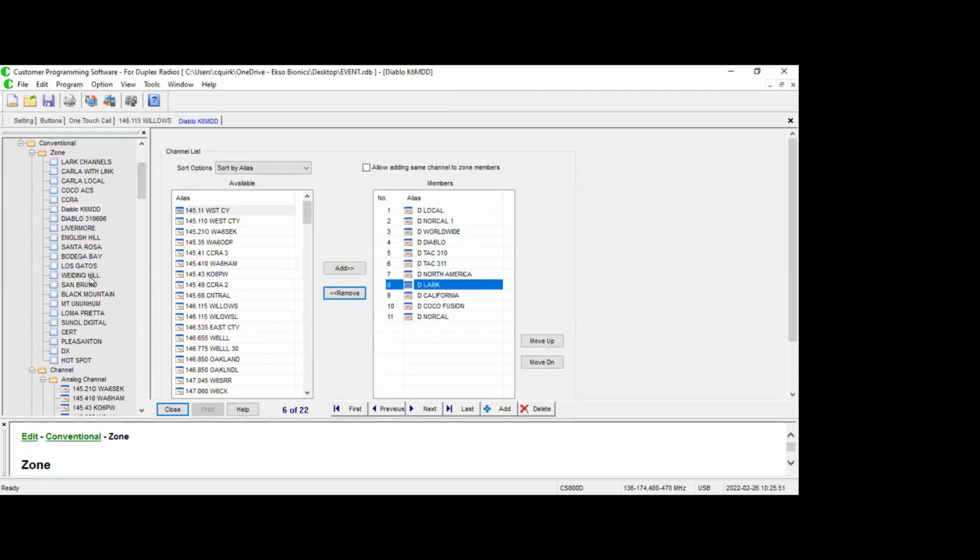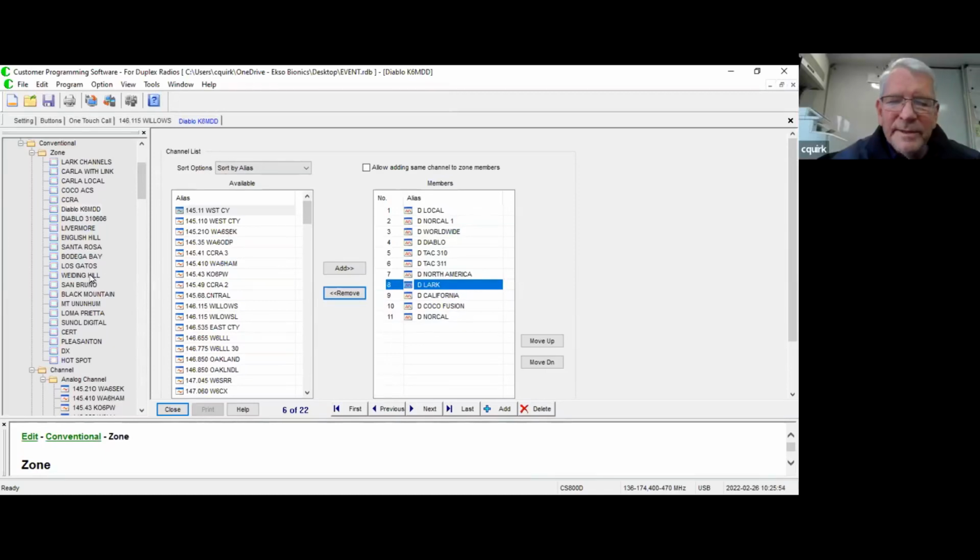Okay. So does anybody know where Weiderman Hill is? If you had an airplane and you went from Mount Diablo south by southwest, and you flew 5 miles, you would first go over Diablo. You would then go over Weiderman. They cover an incredibly similar piece of property in the San Ramon Valley and the Tri-Valley area. They don't have the reach into Sacramento, but that's okay because it minimized the traffic out here. So we've got the Weiderman Hill DMR repeater, and I've got some of the same talk groups on it,